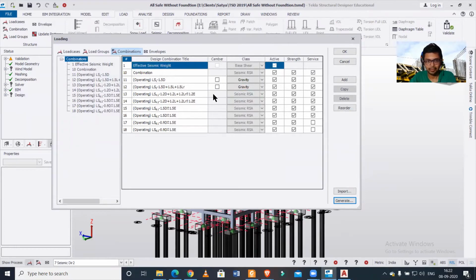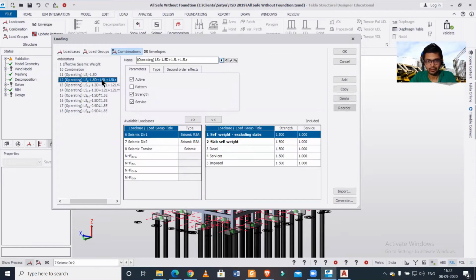Now, if you want to check these load combinations, you can simply go to any one of them. We have here 1.5 dead load plus live load. Dead load is broken into certain categories, like self weight, self weight of slab, service load. These and the dead load itself are all dead load, and imposed load is live load.